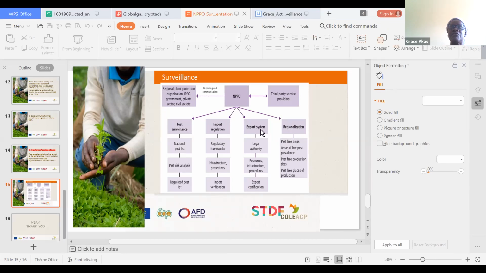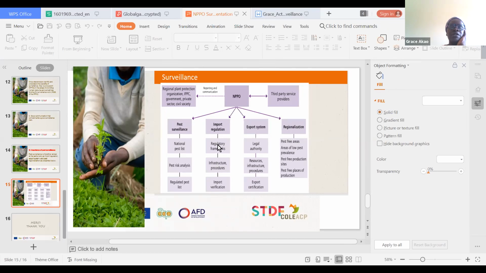By the way, all these roles and responsibilities of the NPPO should be reflected within the legal framework, within your policy documents. In my country, I don't know whether the law is from 2006 or 2016; the Ugandans working in the NPPO can correct me.